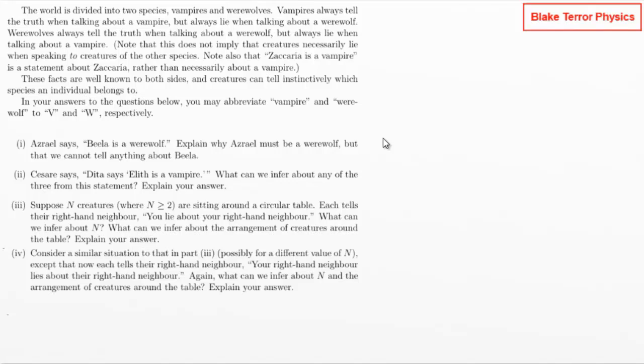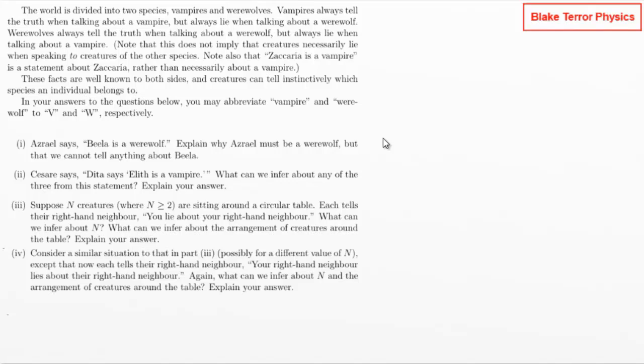So the world is divided into two species, vampires and werewolves. Vampires always tell the truth when talking about a vampire, but always lie when talking about a werewolf. Werewolves always tell the truth when talking about a werewolf, but always lie when talking about a vampire. Note that this does not imply that creatures necessarily lie when speaking to creatures of the other species. So you could talk to a werewolf about a vampire if you were a vampire and still tell